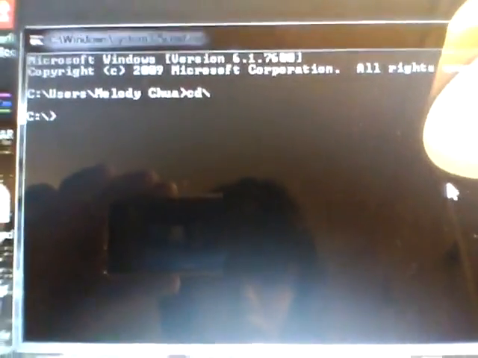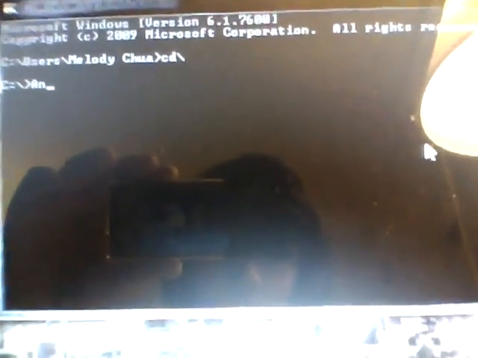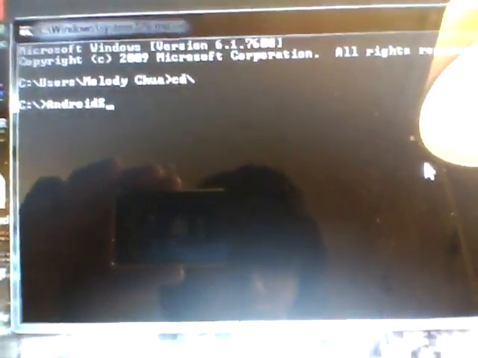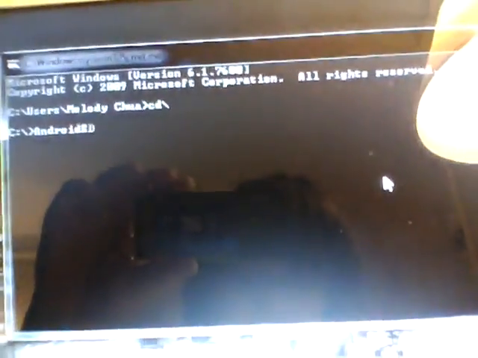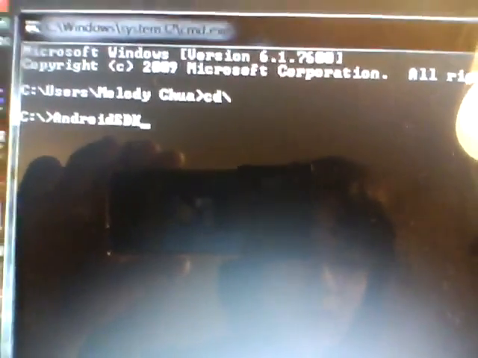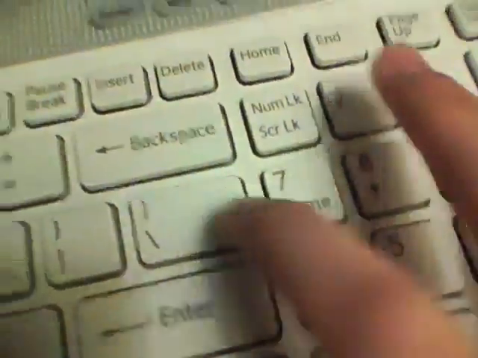That will get you to your C disk. And then what you want to do is type in Android SDK. And you'll notice that this is the same name as the file that you put on the local C disk for your ADB. And then you're going to do the backslash again. And tools,